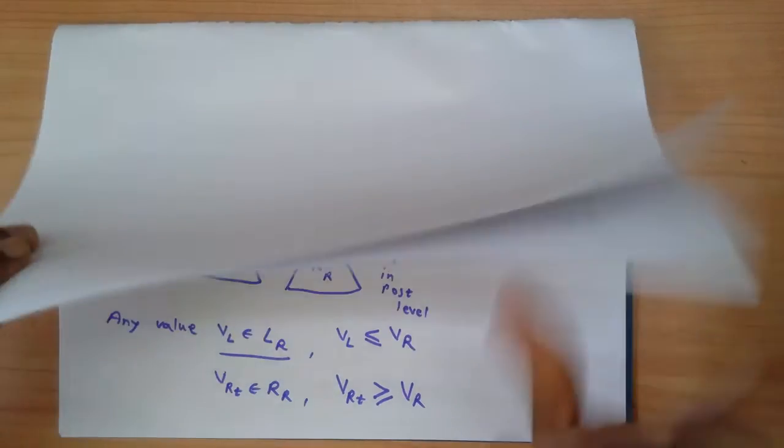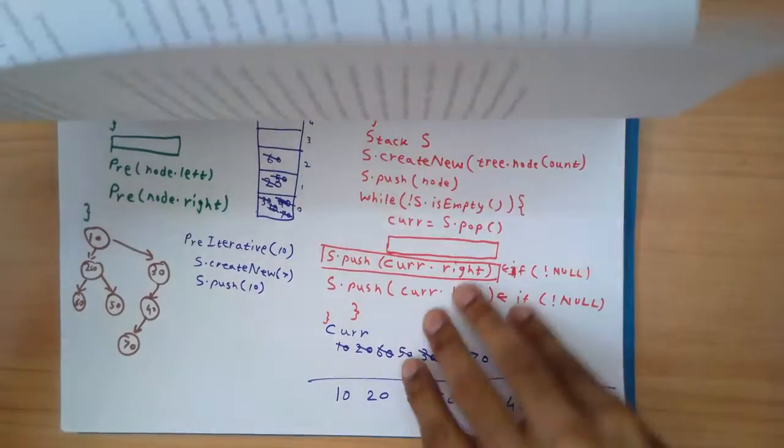Now let's talk about in-order traversal on our binary search tree. This in-order traversal is a bit special for a binary search tree, and let's see why that is so. Okay, if you remember the logic for in-order traversal, when we did it previously, the in-order traversal was